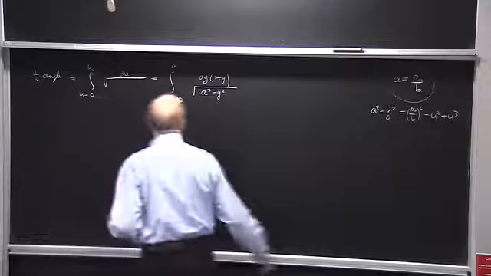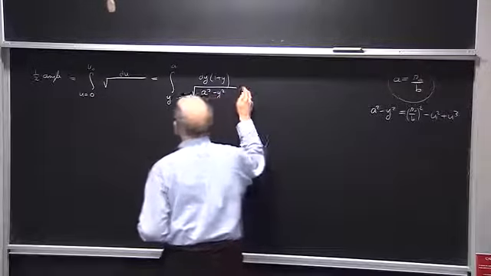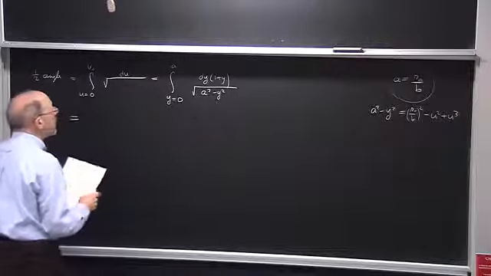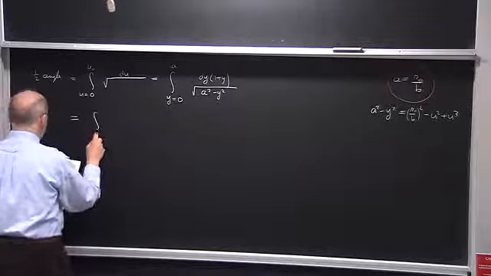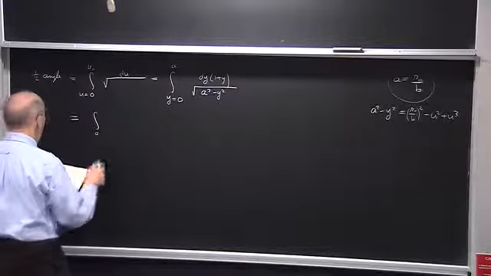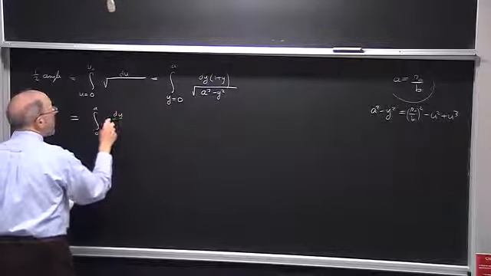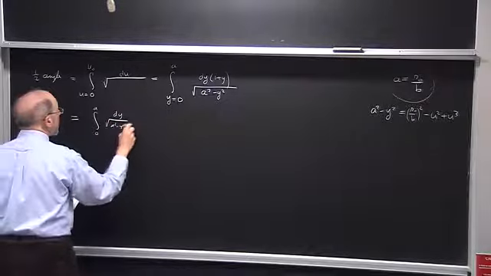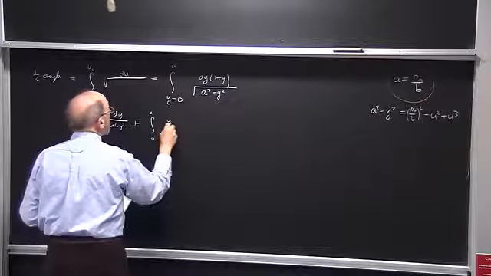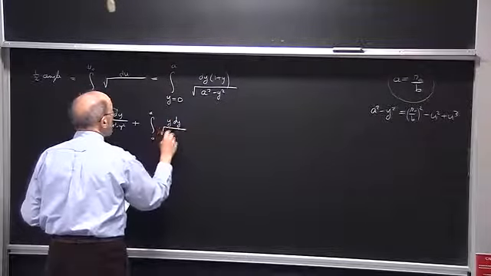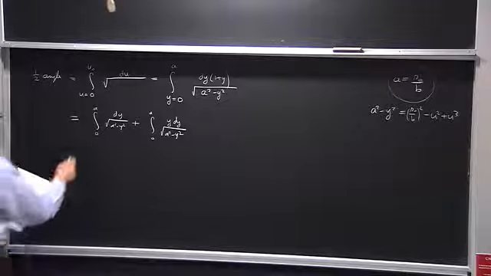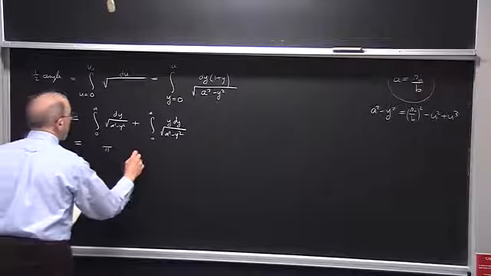Okay. So that's the substitution, and then this takes on two terms as before. One is the integral from 0 to a of dy over the square root of a squared minus y squared, and then the correction term, which is the integral from 0 to a of y dy over the square root of a squared minus y squared. But we saw both of these integrals just before. This one is equal to pi, and this one,